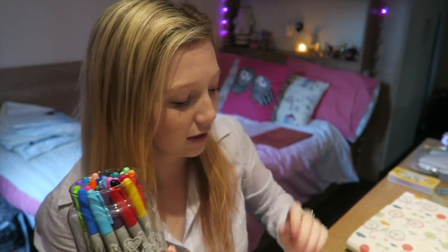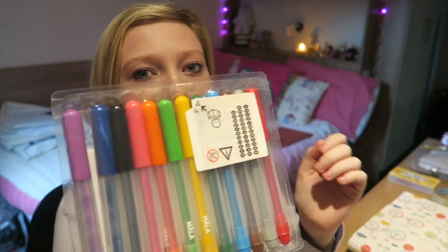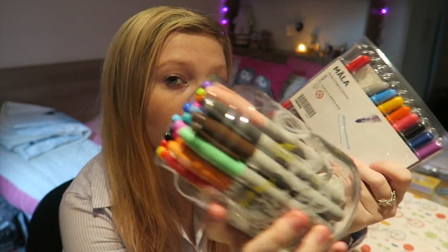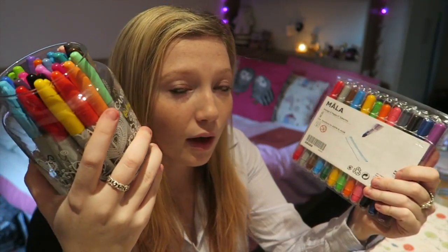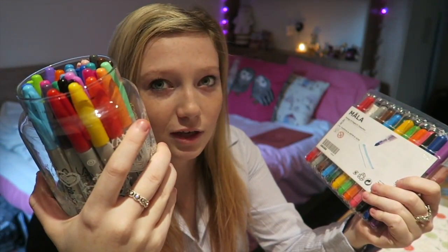Something else which kind of falls under both these categories. So these are new. These are from IKEA. These are felt tip pens and they were £2 just for this pack of felt tips. But I also have a pot of Sharpies as well. Now I'd recommend getting both because obviously Sharpies go through a lot more things, but Sharpies are actually really useful